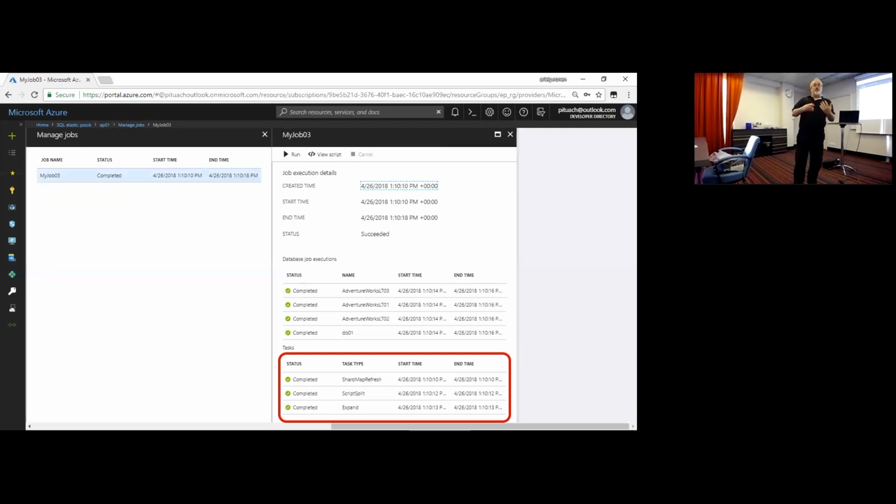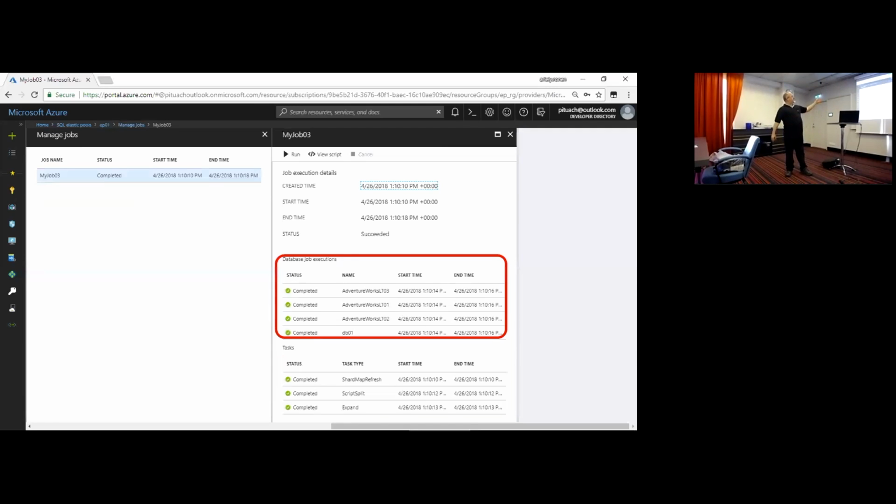The job needs to prepare itself. It cannot execute on the database directly. Once this is all completed, it's ready to be executed. The second table will start to change, and you will notice the status of the execution on each one of the databases inside the target.